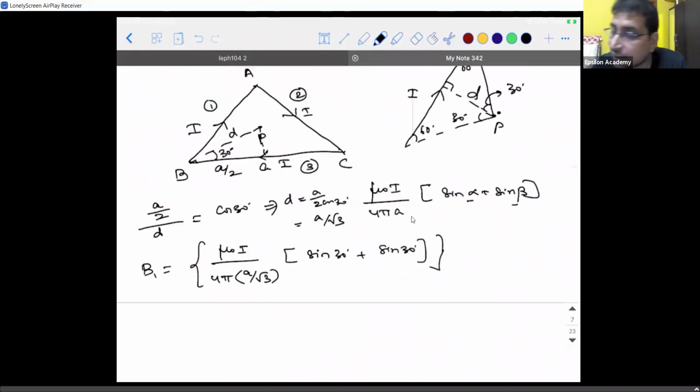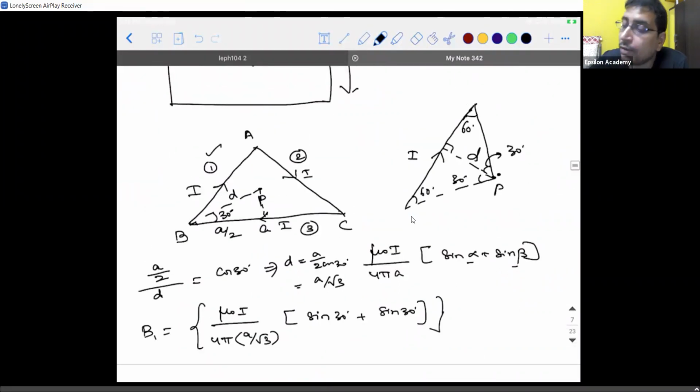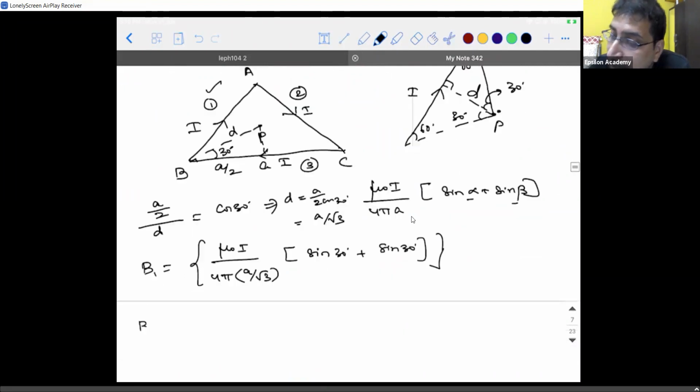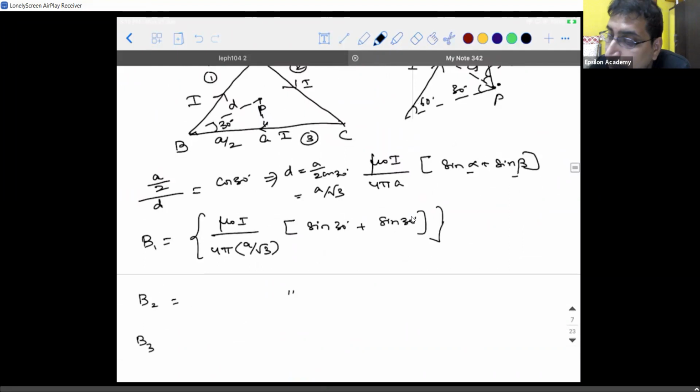Guys, are you able to understand? I took the magnetic field only due to the first conductor. What will be the magnetic field due to the second conductor? The same value in terms of magnitude, because it is symmetrical. B3 will also be the same thing. Again, it is symmetrical. But since magnetic field is a vector quantity, we need to be more concerned with respect to direction. So for that, what we can do is if I put a vector symbol on top of all these things. Now, guys, tell me using the right hand thumb rule, in which direction is the magnetic field due to each wire?